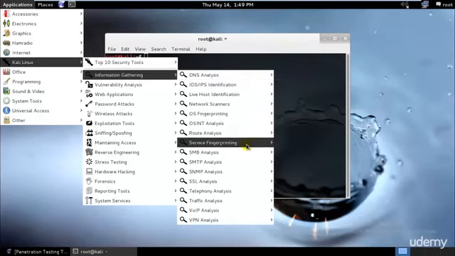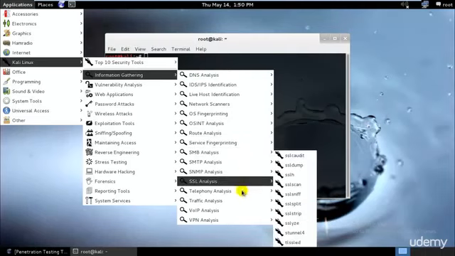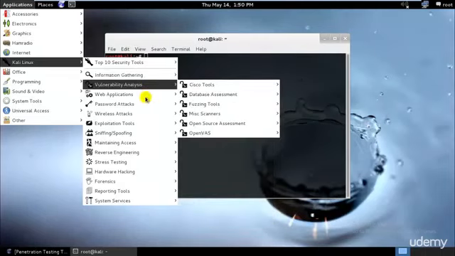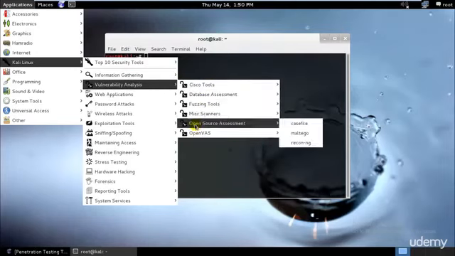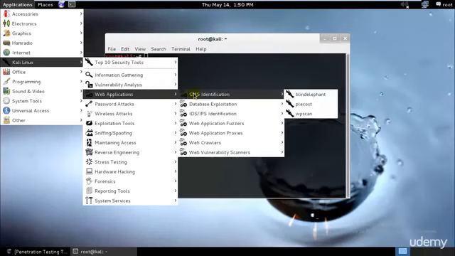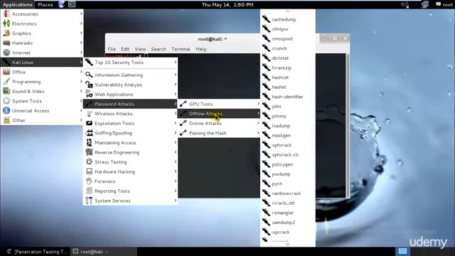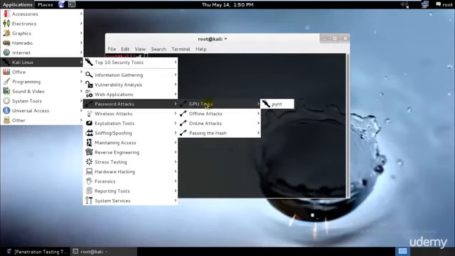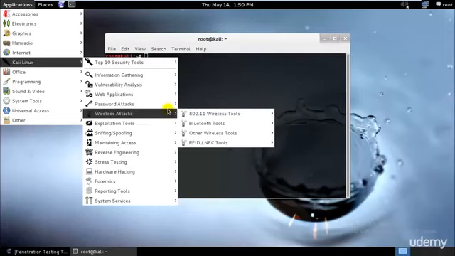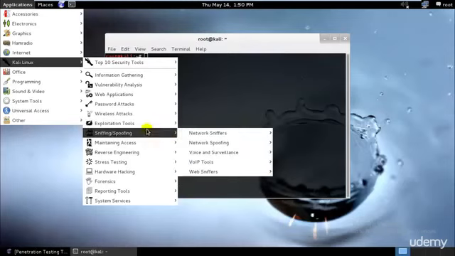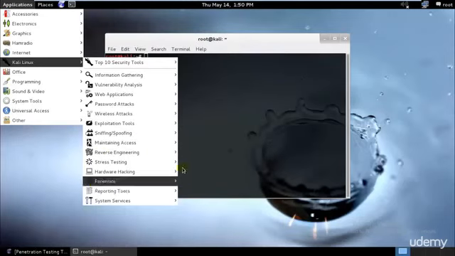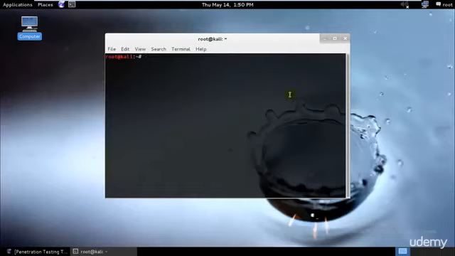So as you can see, we have loads of other tools, and we will almost be learning 90% of them in these tutorials starting from now on. So these are vulnerability analysis for the websites, checking how secure they are. These are for the web applications running online. These are offline attacks, and password attacks can be much faster if you have a graphics card with you, because most of the time, or almost all of the time, password attacks are cracked by graphics cards. The reason being that they are much faster than a normal CPU. That's why. So we have wireless tools, exploitation tools, sniffing, spoofing, maintaining access, reverse engineering, and many more. So starting with dnsenum,